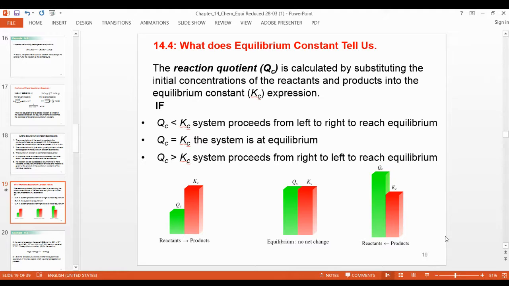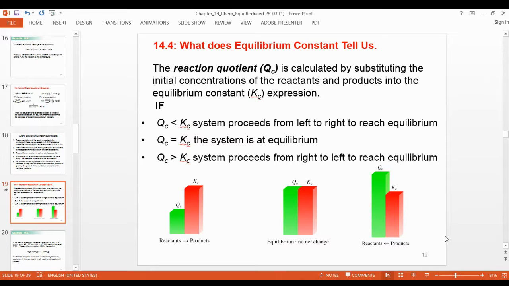If Qc is less than Kc, it means that the Kc value is given in the question, and the question is asking about this chemical equation when the system has not reached equilibrium. So what will the value of Qc be? You determine the Qc value by the same method, the same way as the equilibrium constant, using the same formula, the law of mass action. Qc is equal to the initial concentration of the products raised to the power of their coefficients divided by the initial concentration of the reactants raised to the power of their coefficients. That is Qc.